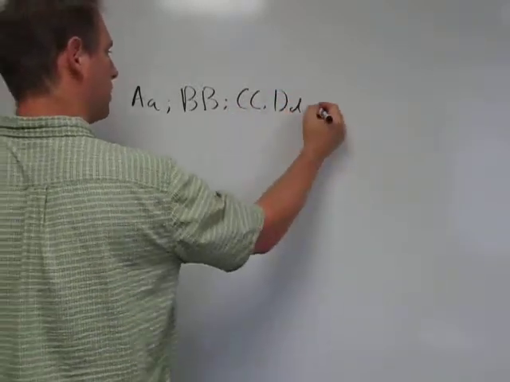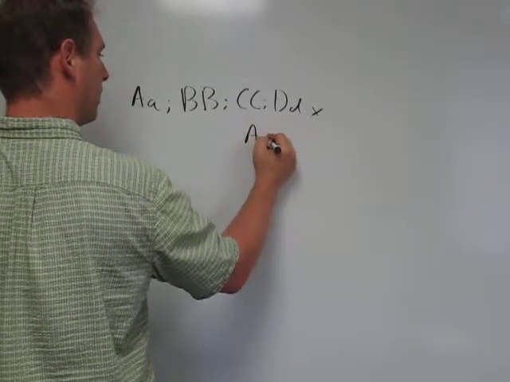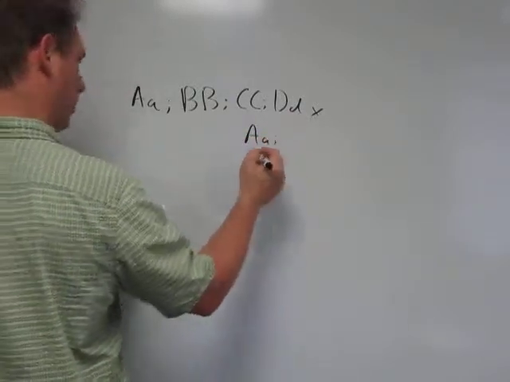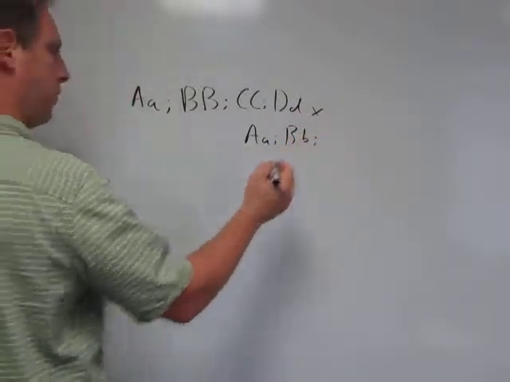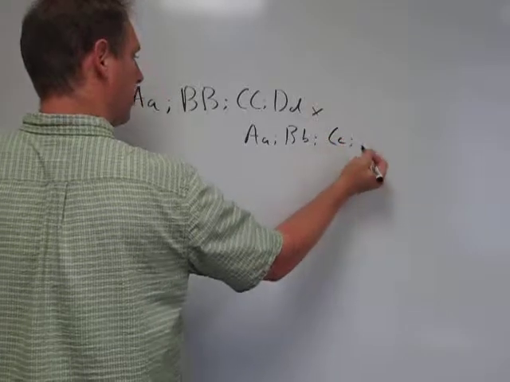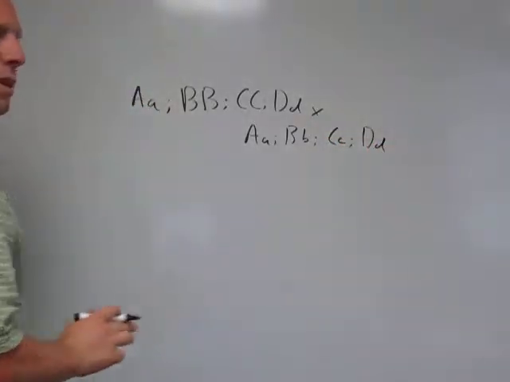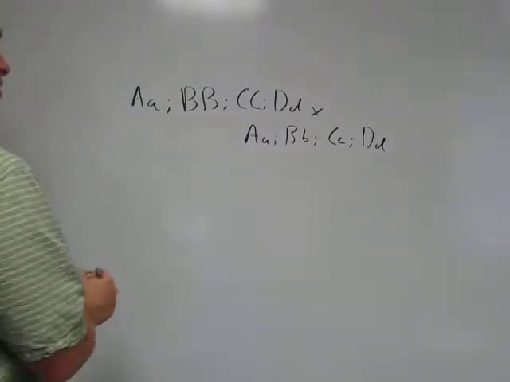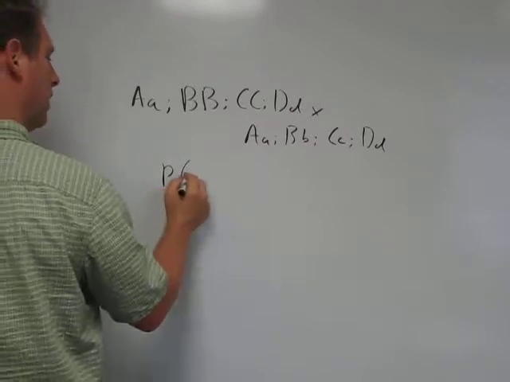And I'm going to cross this with an individual that has this genotype. Big A, little a, another chromosome, big B, little b. Okay, big C, little c, and big D, little d. And I'm asked a slightly tricky probability question. I'm going to ask, what is the probability that we do not get in any given offspring